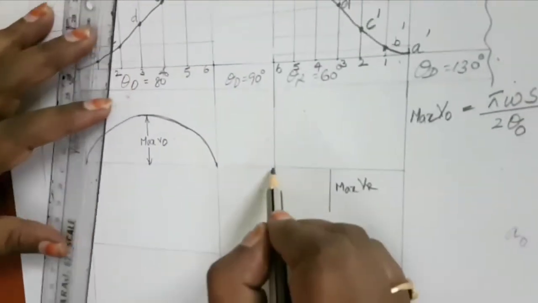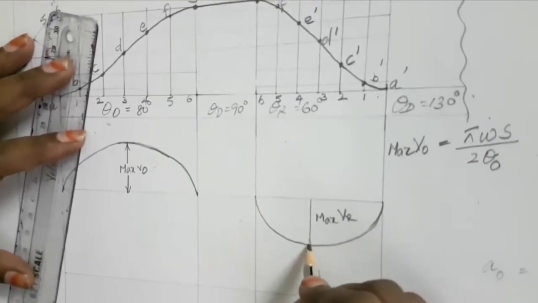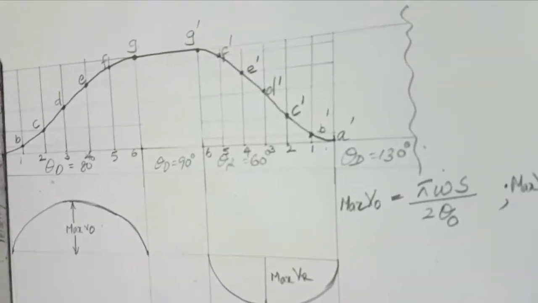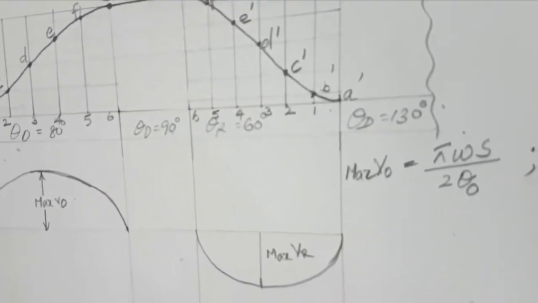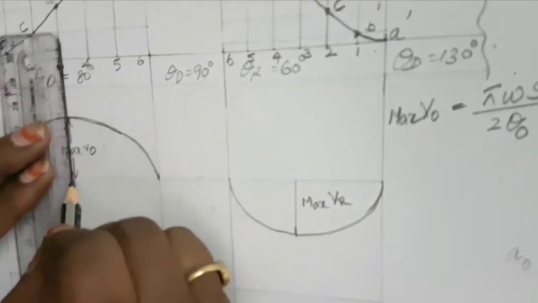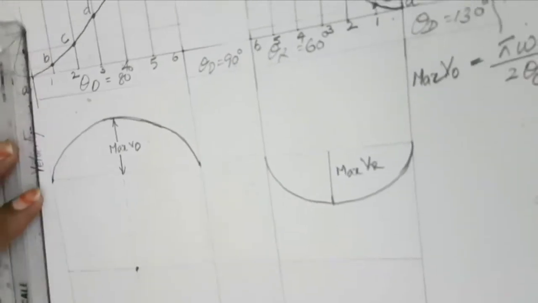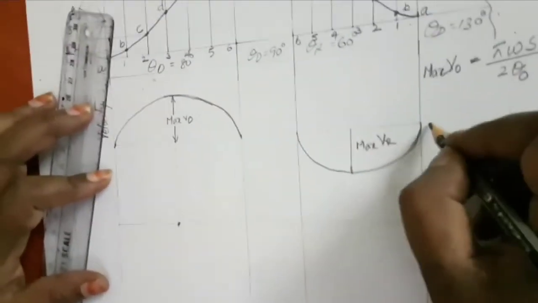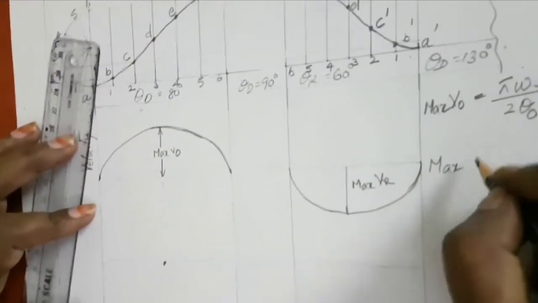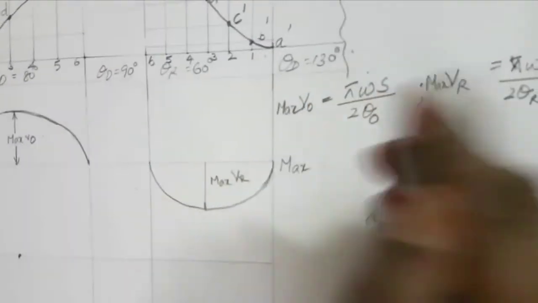What is the value you are getting? That value, how to make it and make it as a smooth curve. So this is the way how to calculate the maximum velocity in the outstroke and return stroke. So wherever it is getting the maximum velocity, there the acceleration is the minimum. So acceleration again you have to find out with the help of the formula,